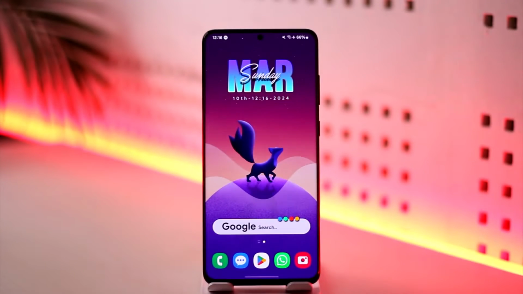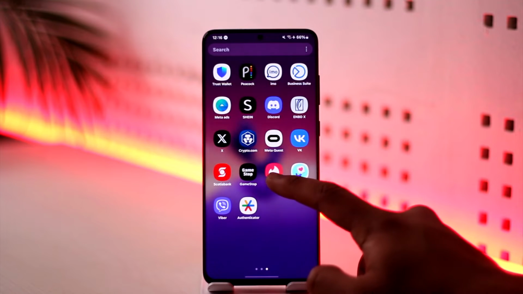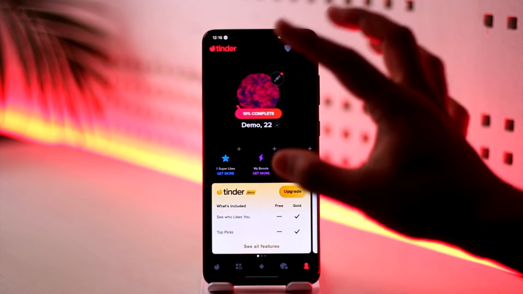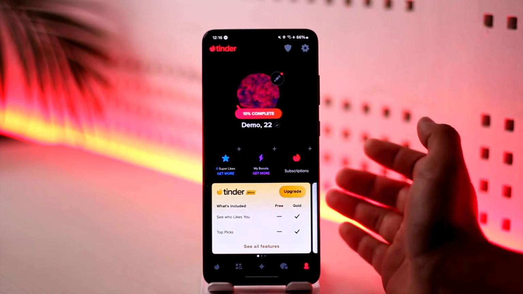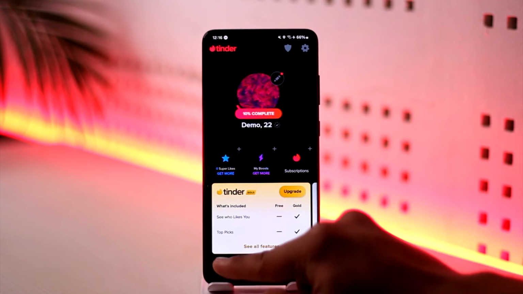In this video we're going to learn how we can use Tinder, so make sure to watch the video till the end. Now if you want to begin using Tinder, it's actually very simple to do so. All you have to do is, first of all, launch the Tinder application. Now, assuming you have all of your account profile pictures and your preferences set up, to start using it, you have